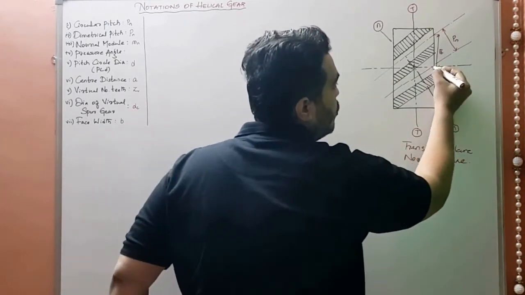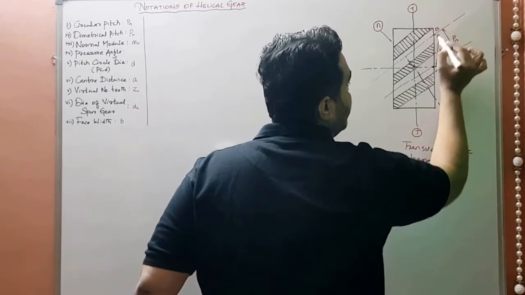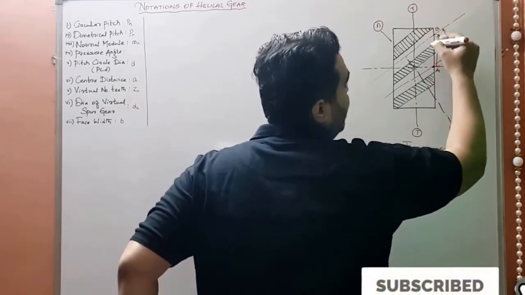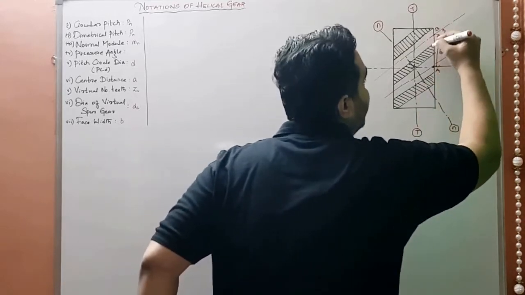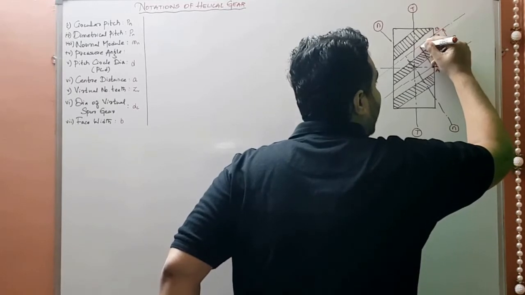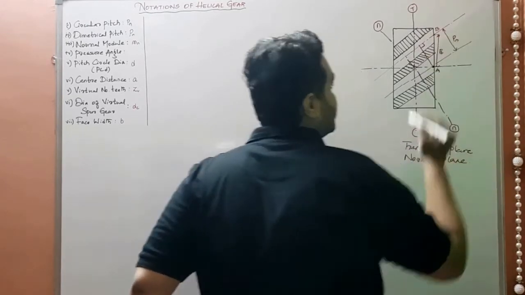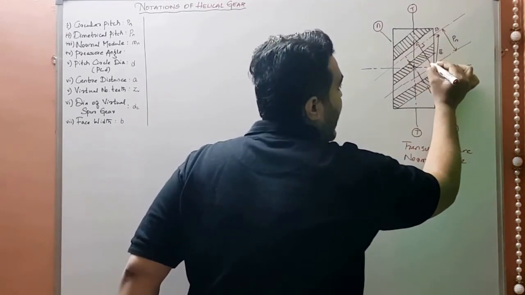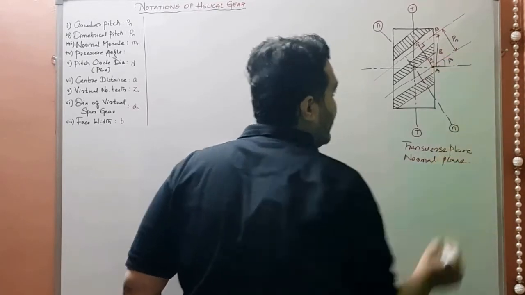So next what we have to do, we need to consider this point as A and this point as B, and next we have to draw one parallel line. The parallel line should be parallel to the normal plane, right? So here I am going to draw one parallel plane, and this should be perpendicular to this axis, the teeth axis. Okay, this I am going to consider as C. This axis is the helical axis, helix angle, and this is also a helix angle, right?